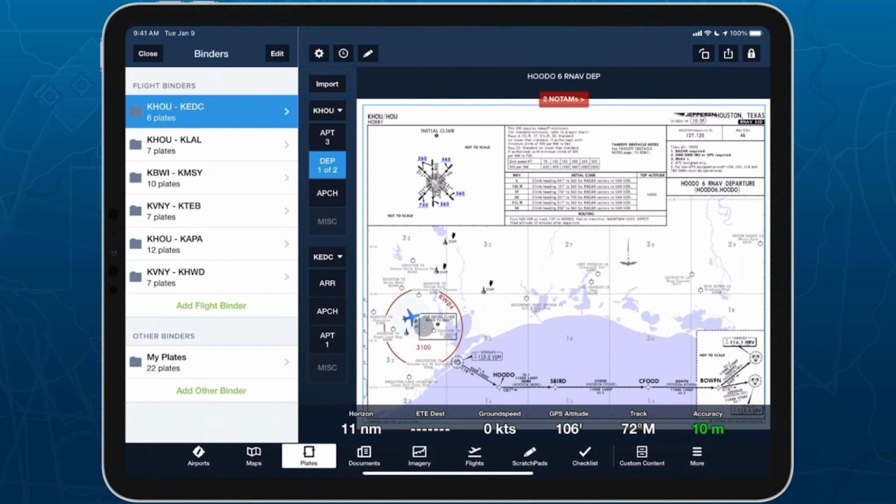Other than plates, what documents can you add to a flight binder? So technically you can't add any documents to a flight binder. It's meant to be only plates. So pretty much anything, if I go to airports here,